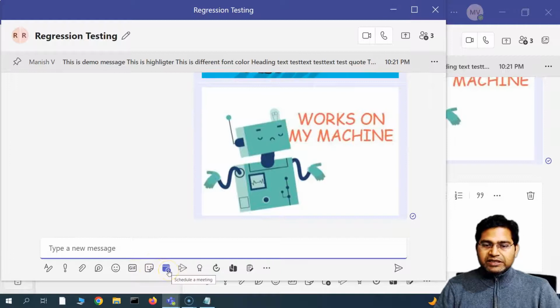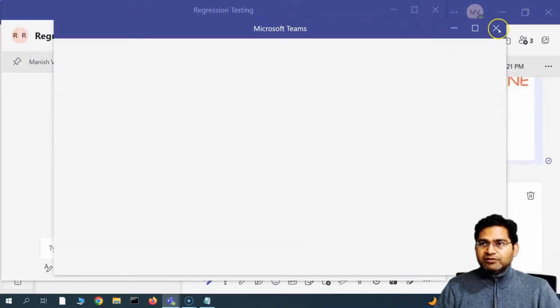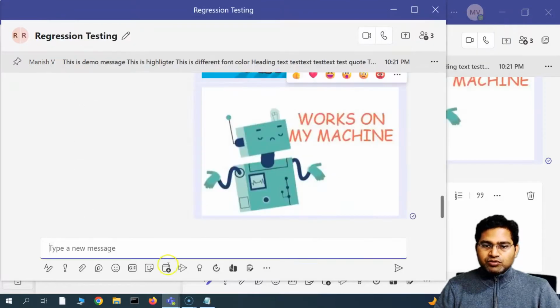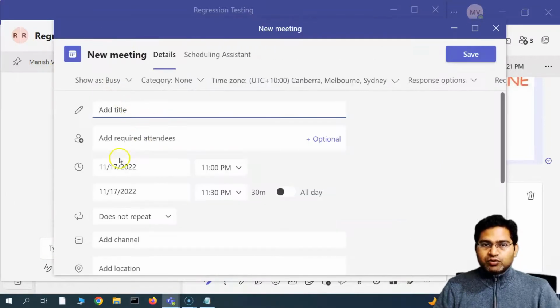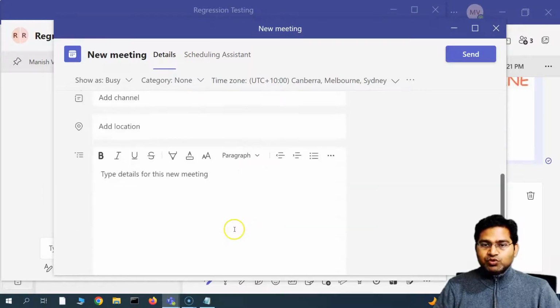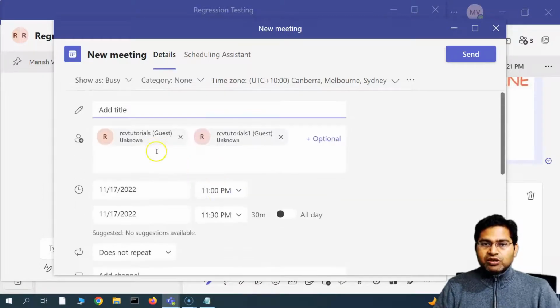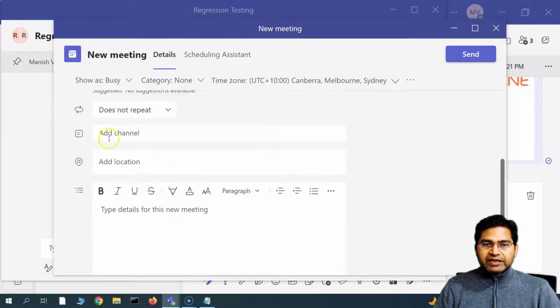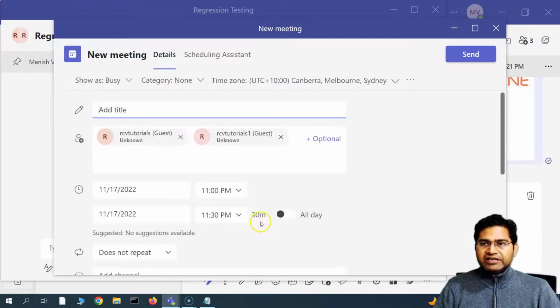The next thing is, if you want to schedule a meeting in this group, click on this schedule meeting icon. Let me close it. This opens the schedule meeting which is specific to this particular group. You'll see the new meeting scheduling assistant, and those people who are part of that group will automatically be added here. You can choose the timing, put the title there, and provide all the relevant details for the meeting,